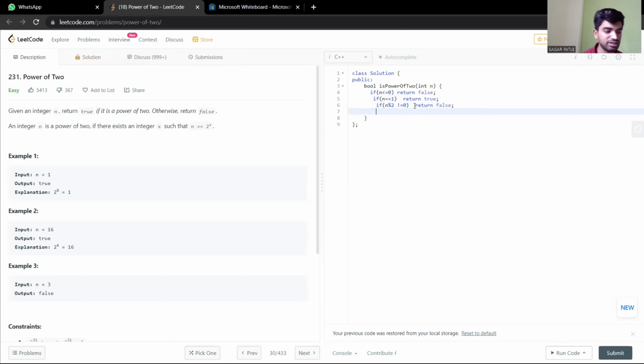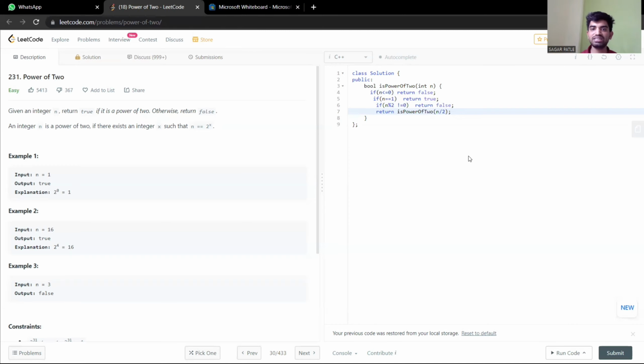And we simply return is power of 2 of n by 2. We trim down the number here and we call recursively. So this is the code to check whether the number is a power of 2 or not.